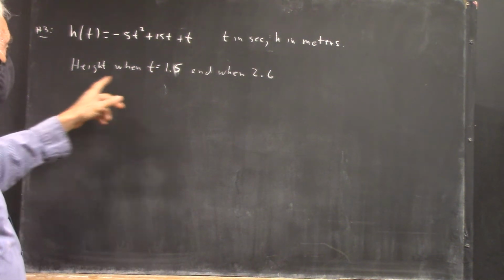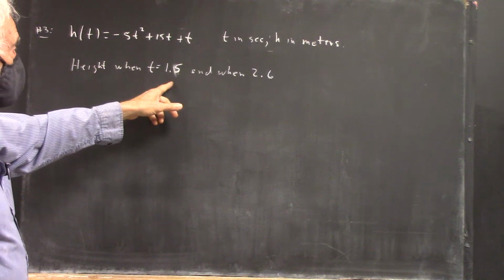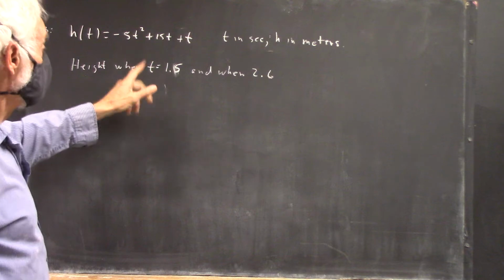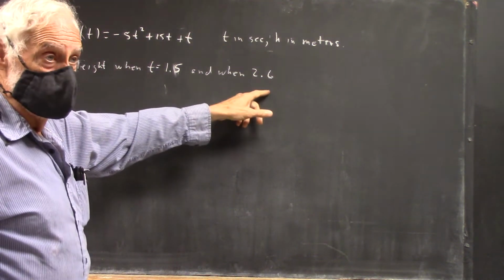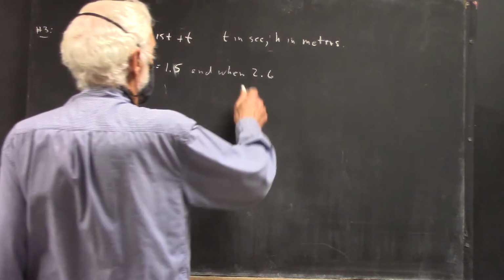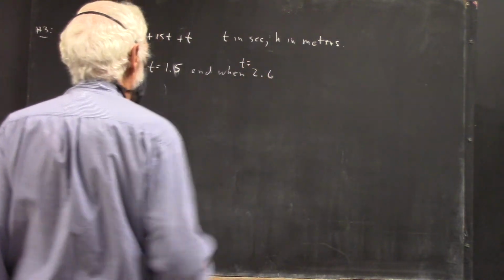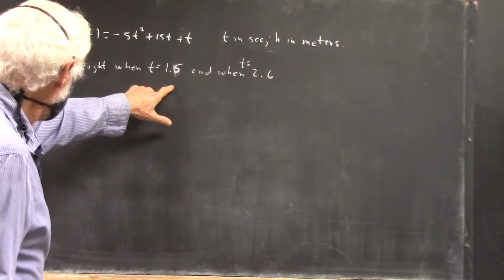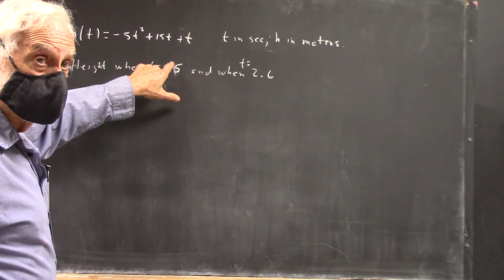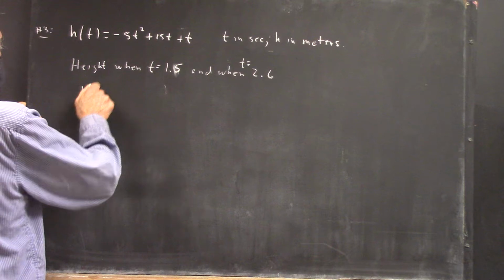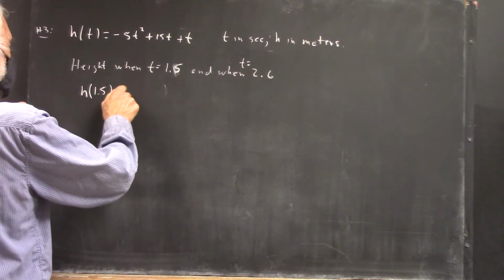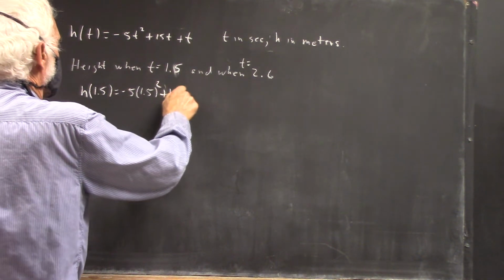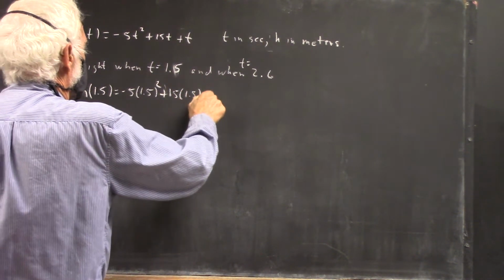And the height of 1.5, we want to find the height when t equals 1.5 and when t equals 2.6. Well, height when t equals 1.5, if t equals 1.5, we plug in 1.5, right? So we can say that h of 1.5 equals -5 times 1.5 squared plus 15 times 1.5 plus,